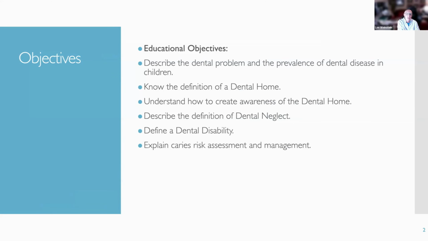Basically, in this program, we're going to describe what the problem is in the prevalence of dental disease in the children in the United States and across the world. And the World Health Organization has deemed this obviously now way behind the times, but they have decided that this is an important problem and that decay is a worldwide systemic problem that needs to be taken care of. I don't know where they were before.